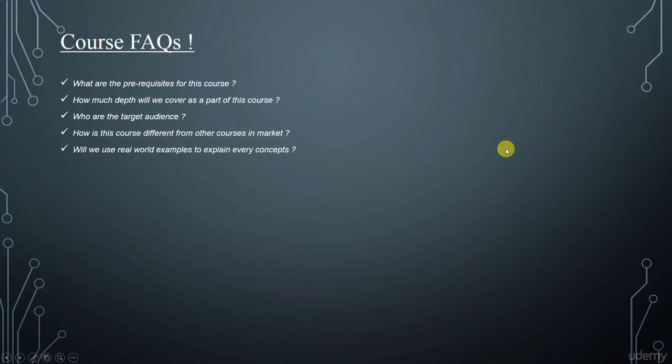Next, will we use real-world examples to explain every concept? Yes, we will give examples of real-world applications of whatever concepts we teach. For example, when we learn array, we will talk about where array is used in systems today. Similarly, when we learn trees, we will explain where red-black tree is used today in systems and why nothing else can be used in that place. This will make sure that indirectly we will revisit all the concepts very often, which will ensure that we are rock solid with all the concepts.